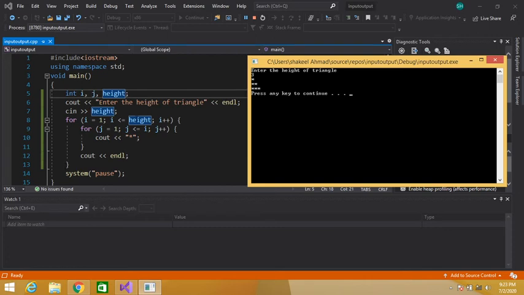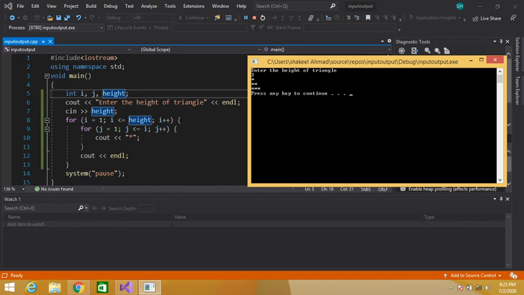So here the control will again jump here. The value of i, which was previously 2, so 2 plus 1 becomes 3. So 3 is less than or equal to 3, because i contains 3. 3 is less than or equal to 3, yes. So the condition becomes true. Control again enters the body of this inner loop. j is equal to 1. 1 is less than or equal to 3, yes, because i now contains 3. So an asterisk is printed here.